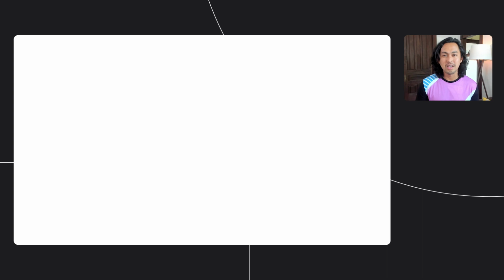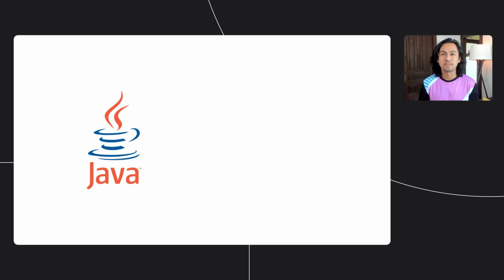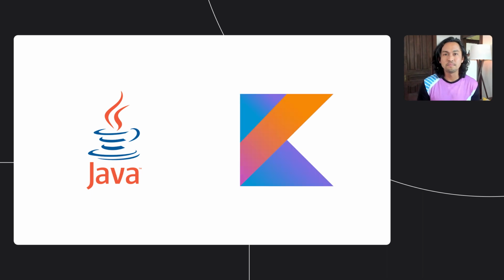Now, can you guess what language these SDKs were built with? That's right, Java. For many years, Java was the only option to build Android apps, and rightfully so. Java is a time-tested language with an excellent developer community. Java is used by many products and services, including the Maps and Places SDKs. Then along came Kotlin, a JVM-based language developed by JetBrains and officially supported by the Android team since 2017.